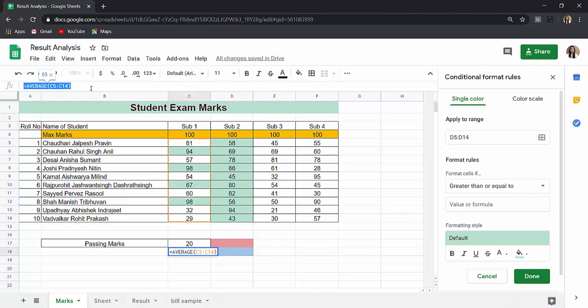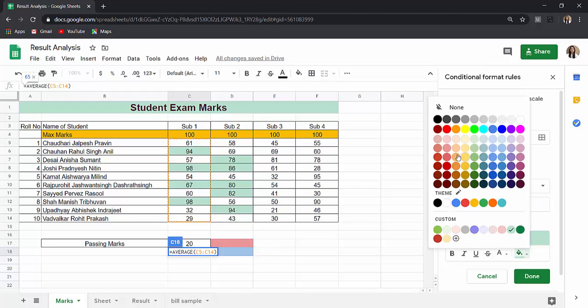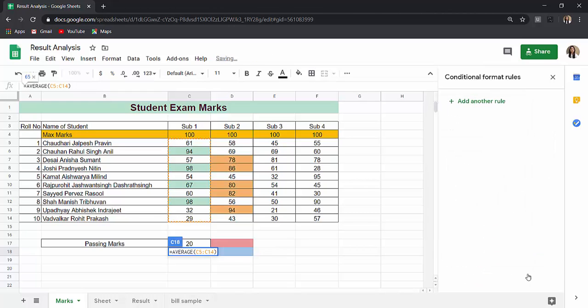So I will copy paste this formula, but now I want to do it for the range D5 to D14, and this range should be fixed, hence I should make use of the dollar sign. So here I am saying $D$5 to $D$14, and color I am selecting as this.